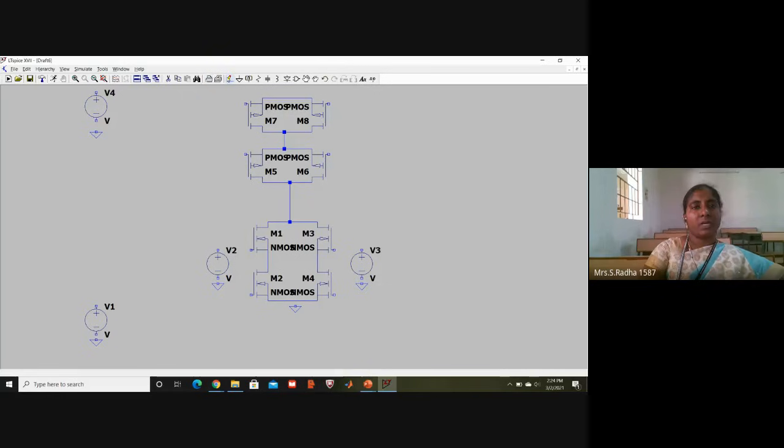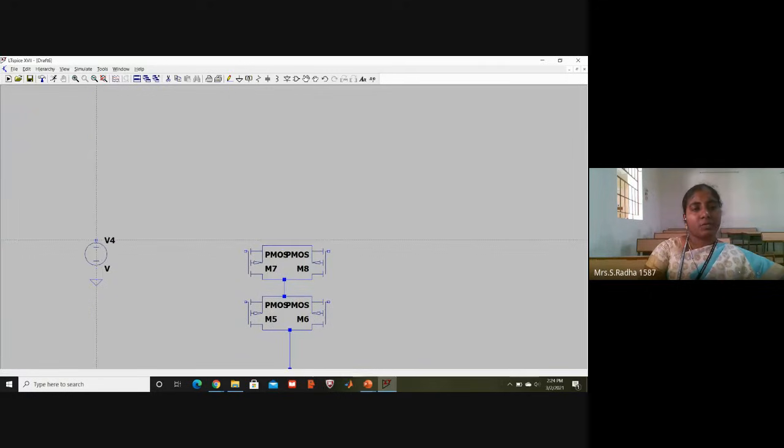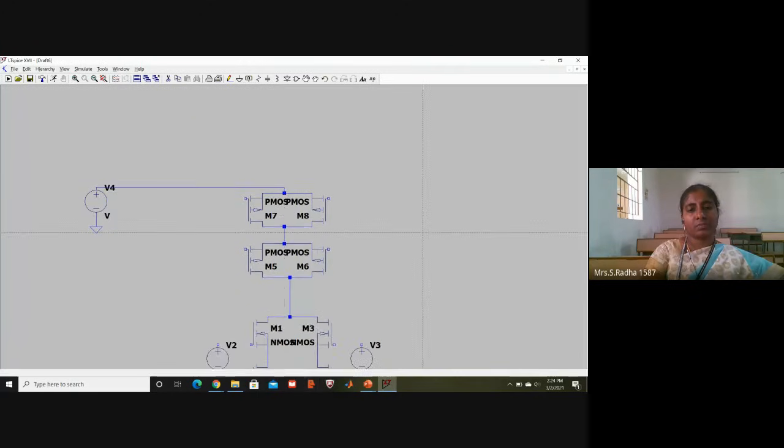Now I will try to connect this. I will connect all the voltages to ground. VDD I am connecting to the top of the entire circuit.